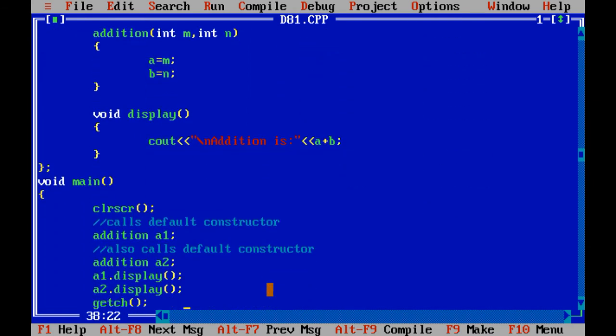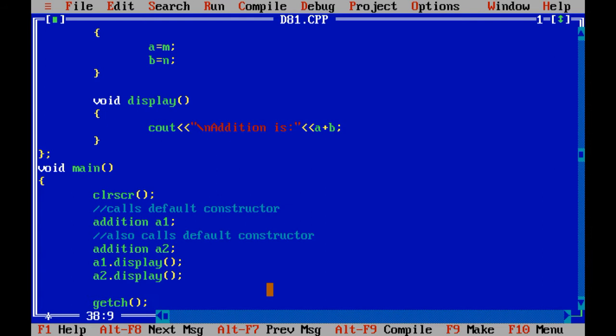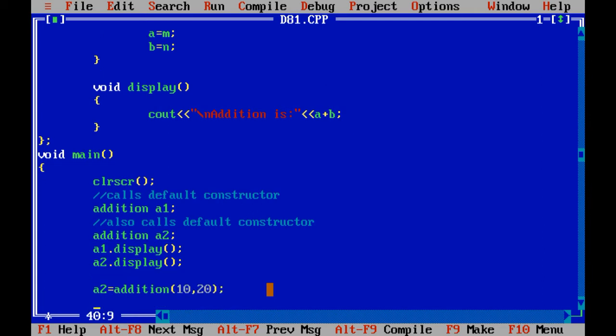Now consider the situation where I am going to call a2 equals to addition. This way also the constructor can be called, right? In our previous topic we have seen this way to call the parameterized constructor of class.